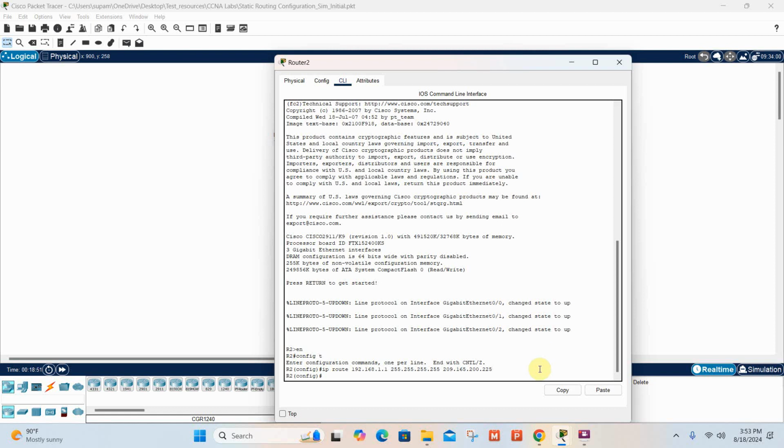And the route is going to be, let's see, ip route. And we're going to just use the zero mask, 0.0.0.0, 0.0.0.0, and now we're going to put the IP address over there. That's going to be